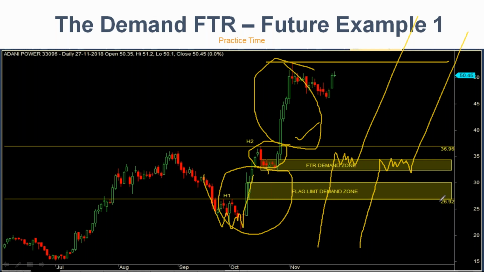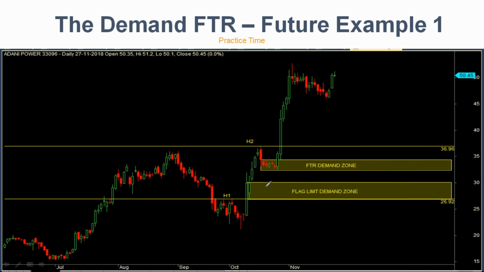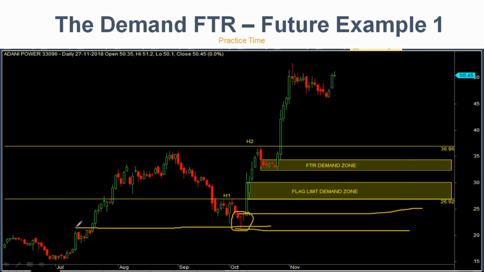Correct, Shailesh, you are right. 100% agree. Again, what is drop base rally? It's a bull candle, no? This is why I was telling you guys the origin of this entire rally is here. Okay. The origin of this entire rally is here. I feel there is strong momentum waiting here. Who is this guy? Adani Power. So let's go back. What is happening there?